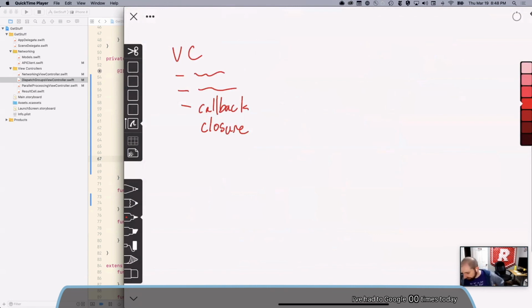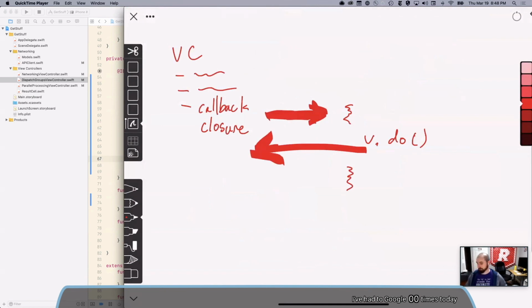So you set the callback closure, and in that closure, you reference the view controller. Now the view controller owns the closure, and the closure owns the view controller. The closure is going to keep the view controller alive, and that's where you would want to do a weak capture of the view controller or whatever thing you're dealing with.